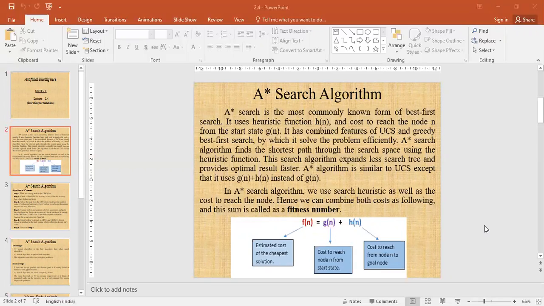A star search algorithm finds the shortest path through the search space using the heuristic function. This search algorithm expands a smaller search tree and provides optimal results faster.